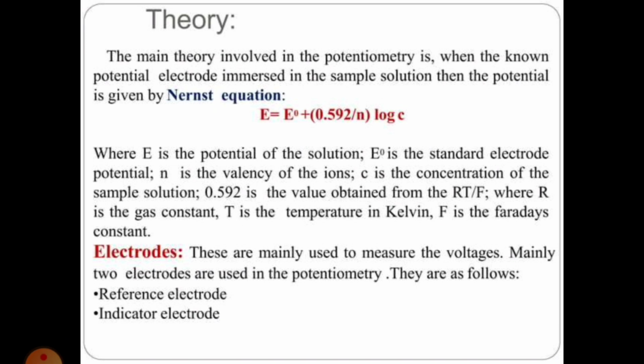In today's class, I discuss the main theory involved in potentiometry. When a potential electrode is immersed in the sample solution, the potential is given by the Nernst equation, that is E = E0 + 0.592/n log C, where E is the potential of the solution and E0 is the standard electrode